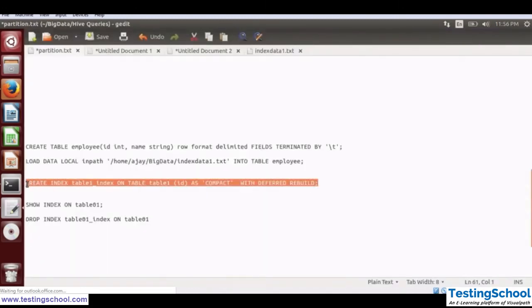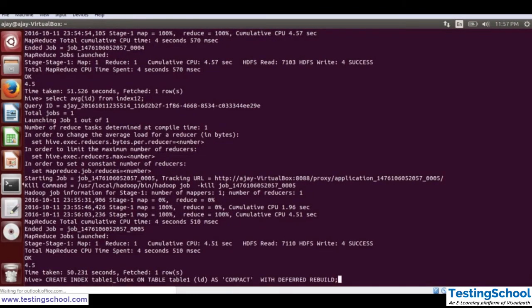To create an index, we have a query, as we have already seen: create index, then the index name, and then the table on which you want to create the index. So I am creating an index on the table index 11.